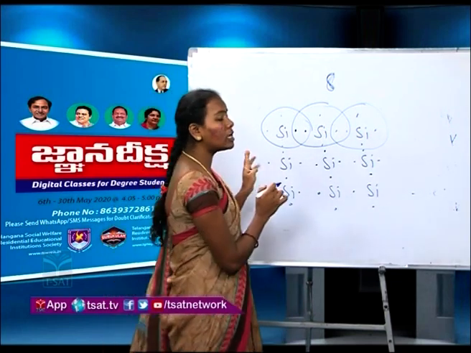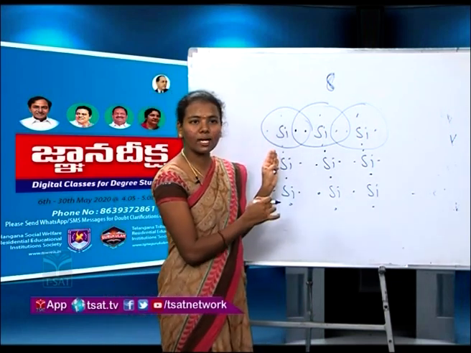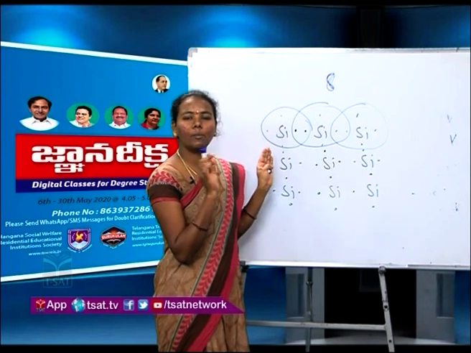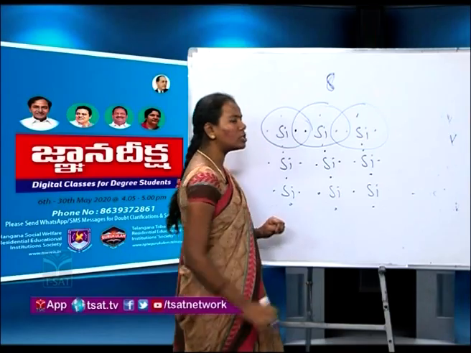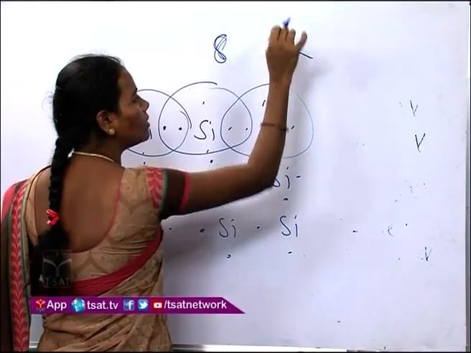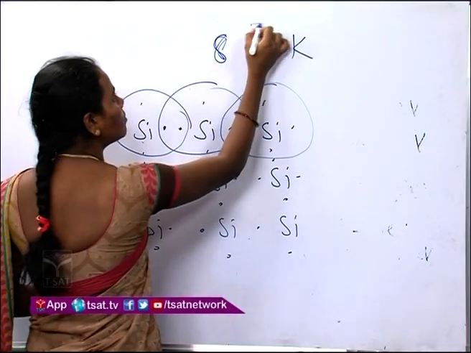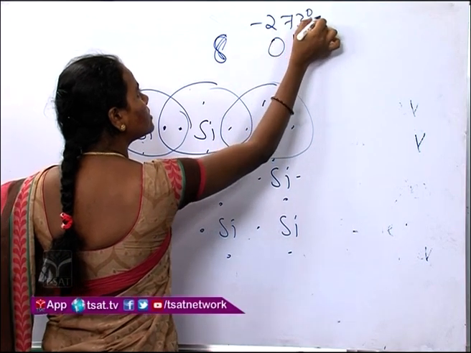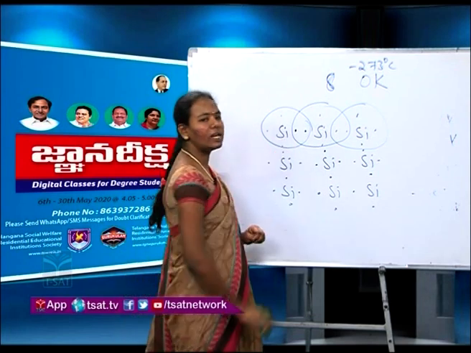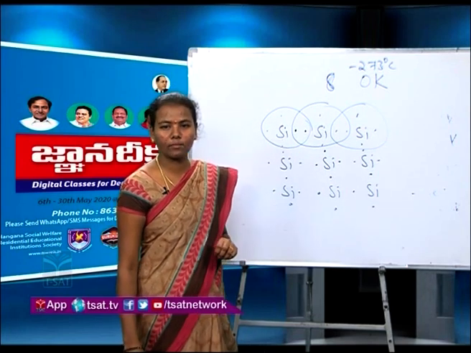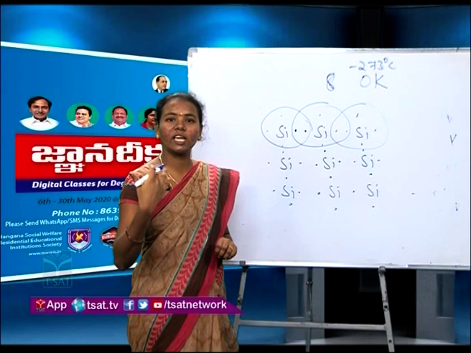Actually at absolute 0 temperature, this semiconductor acts as a perfect insulator. Absolute 0 temperature is nothing but 0 Kelvin, that is minus 273 degree centigrade. So at this temperature this silicon will act as a perfect insulator. When the temperature increases,